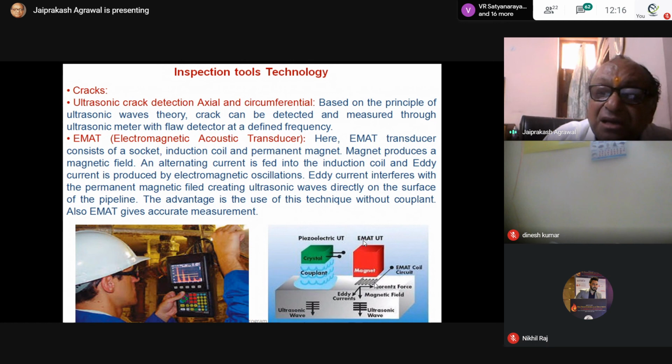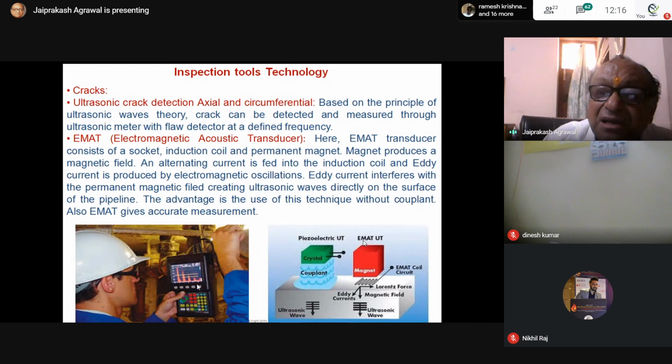So here the current flows like that. The eddy current and the magnetic field interact with each other, and as a result we produce ultrasonic waves. So here a couplant is not required, and this is more precise. You can take measurements like that.